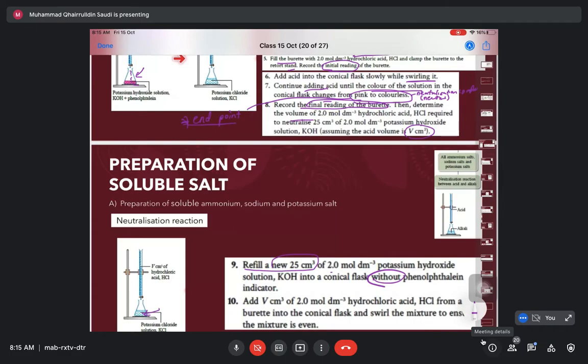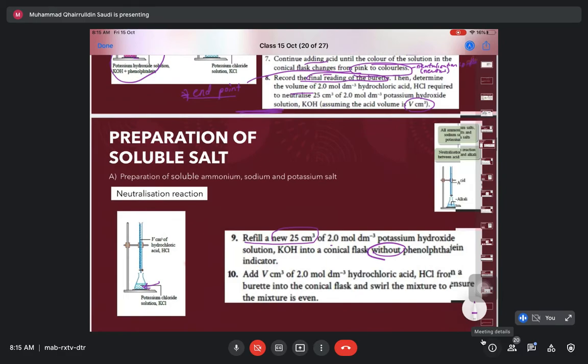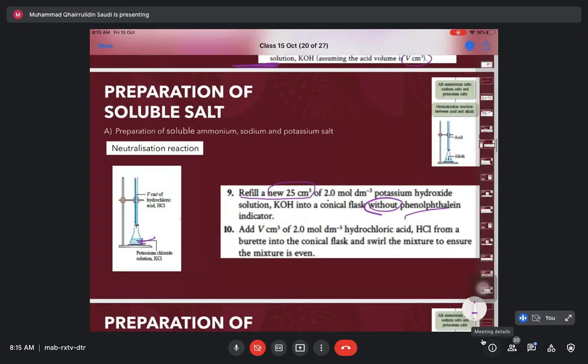Because the volume of acid kita dah tahu dia akan neutralize with alkali. Exactly. Good one. Okay. Betul. Tepat sekali. Kenapa? Sebab the first one, kita letak phenolphthalein dalam tu sebab kita nak tahu bila dia bertukar jadi neutral. Sebab kita nak tahu berapa banyak volume of acid needed. Okay. So now, lepas step yang ke-8 tadi, you already know the volume of acid needed. So you do it again, but right now without phenolphthalein, sebab you already know that you just need 20 cm3